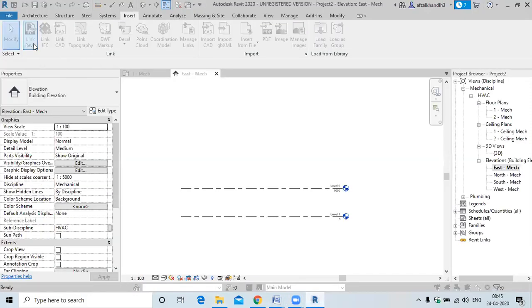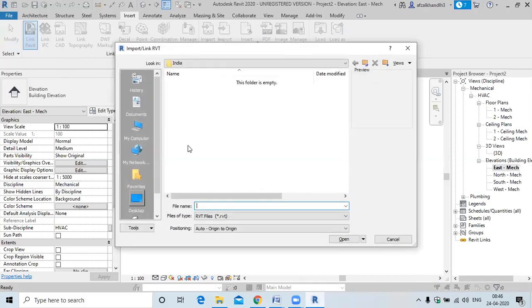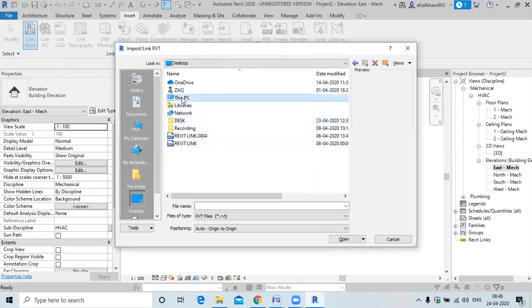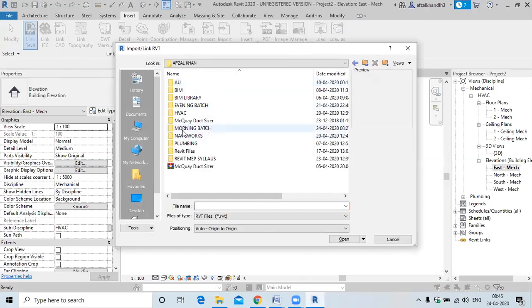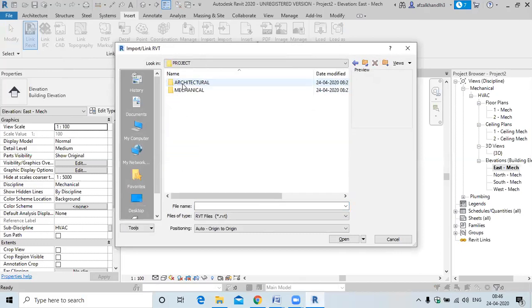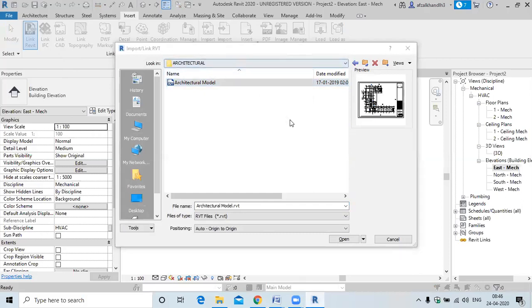Link Revit, click on this link, go to This PC, E drive, Afzal Khan, morning batch, architecture. Select this one, and here it is asking for the position.